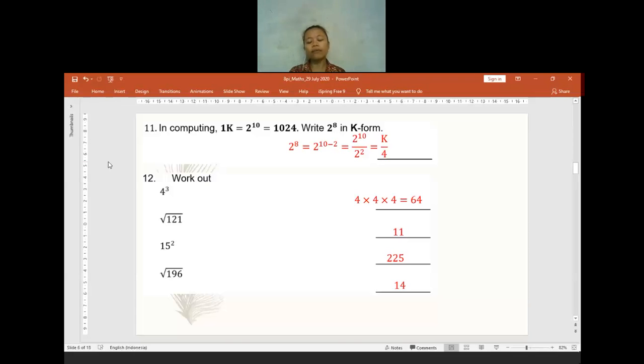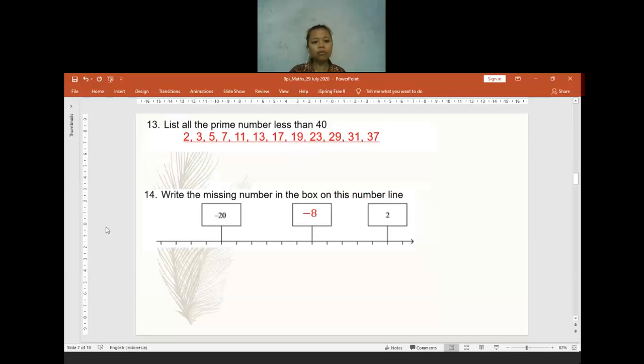Is there anyone having any question? Yes, Regan, please be back soon. Is there anyone having any question about question 12? Especially for those who already did it. No question? Okay, I think for question 12 there will be no question also. So I will move to the next question. But if you think you have any question, just feel free to interrupt me. Feel free to ask me any question. Do not be afraid to ask me. Okay, I will continue to question 13.